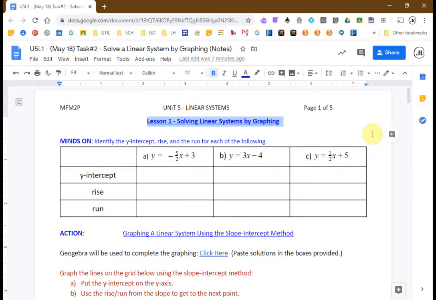This lesson brings us to the unit called linear systems. Linear systems is about looking at lines as they interact with one another on a graph. What we'll be looking at is two lines on a graph at the same time and where they intersect. In order to do this, you're going to be using the skills that you've been using in terms of slope